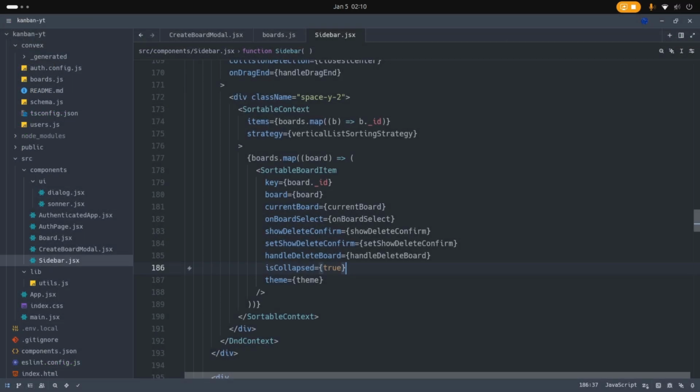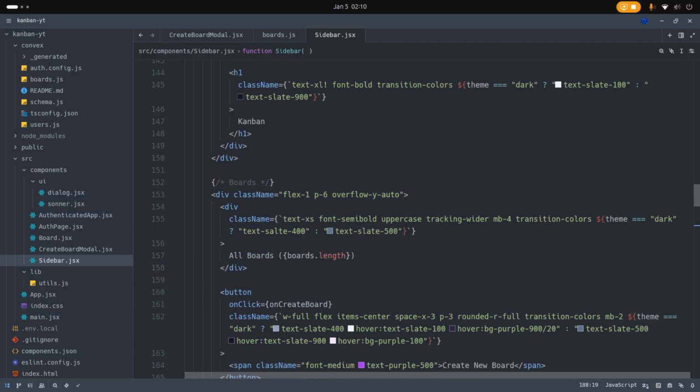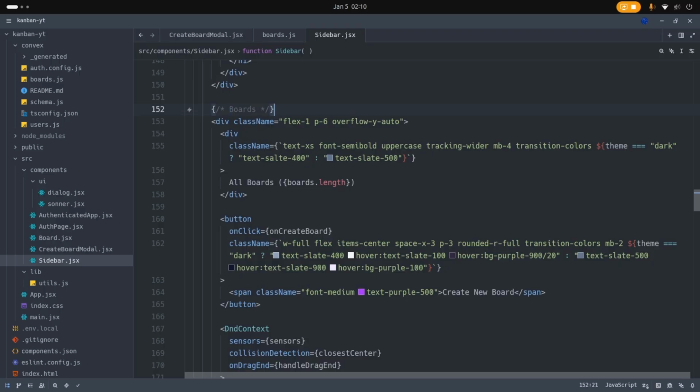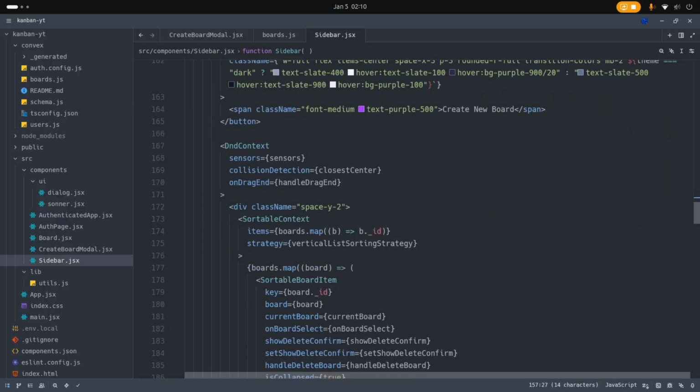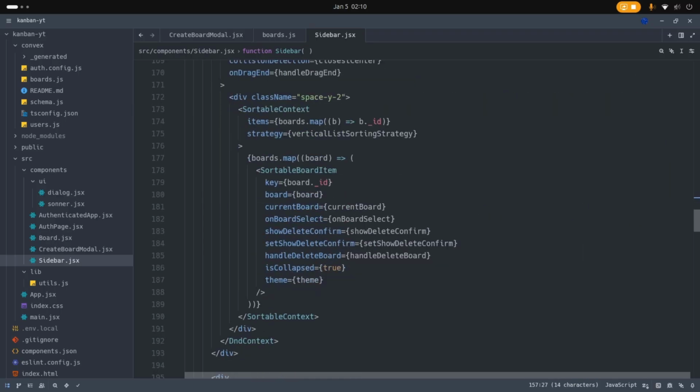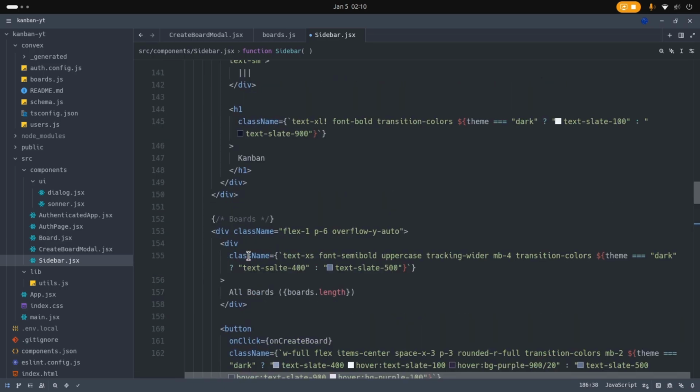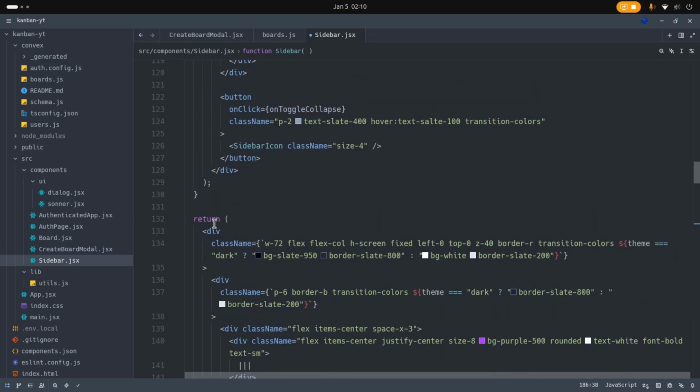Okay, so I've finally solved the other issue that we have, and the issue is right here. So let me show you where you can find it. So where we are displaying the boards, so all boards, and then the button, we have the DND context, and we have the bottom up, so the sortable board item. The is collapse is always set to true, so we need to set this part to false, because this is the part that is showing the larger sidebar, the width of 72. So that now when you save that, then it now shows the sidebar icons,